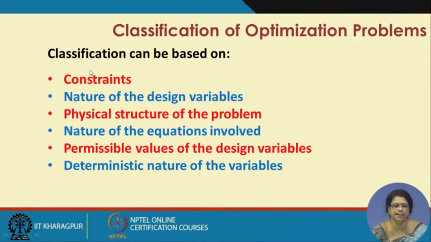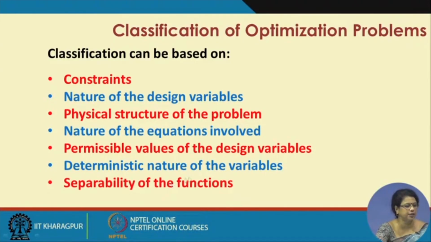Now, if we do the classification of different kinds of optimization models depending on these criteria, let us see what we really mean and how it is different in situations when constraints are different. And there is another part: sometimes the objective functions and the constraints, whenever we are dealing with that part, the functions are inseparable in nature. What does it mean and how we deal with that, I will explain in the next part